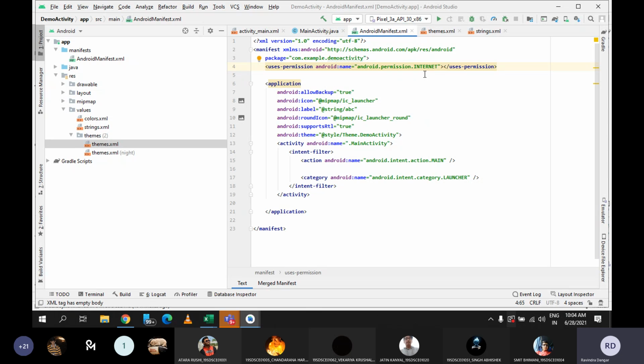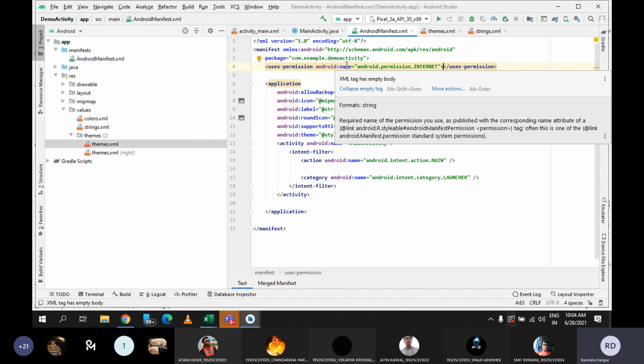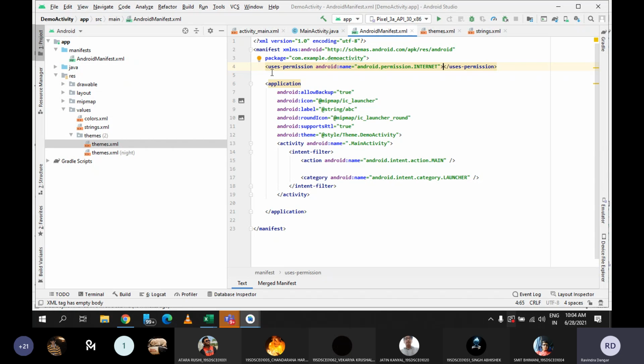So now once I launch the application, let's say I want something to be displayed when I click on the button, and that thing I want to get from the internet. So I don't need to give any other things. If internet permission is given, then it will use the internal facility of the internet, and you will be able to access the things from the internet. Is it fine? Are you getting this? Yes, sir.